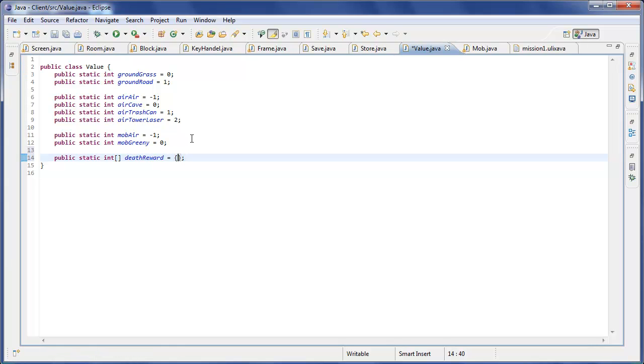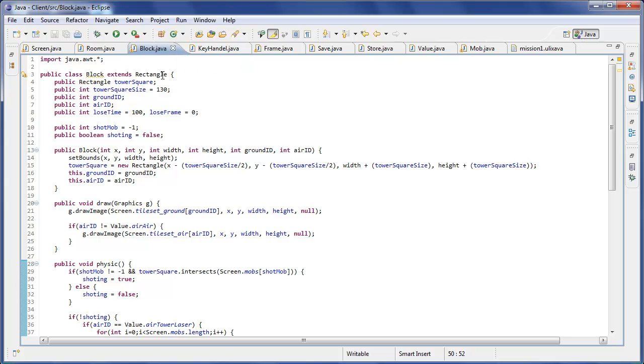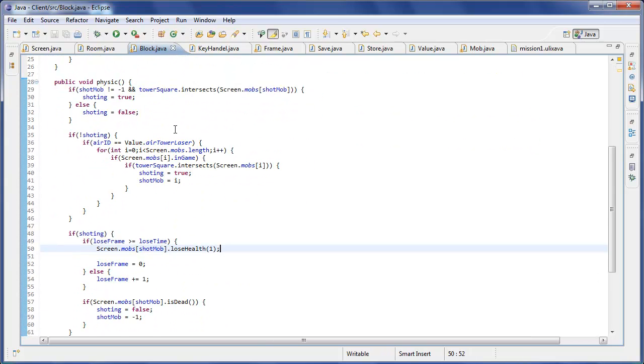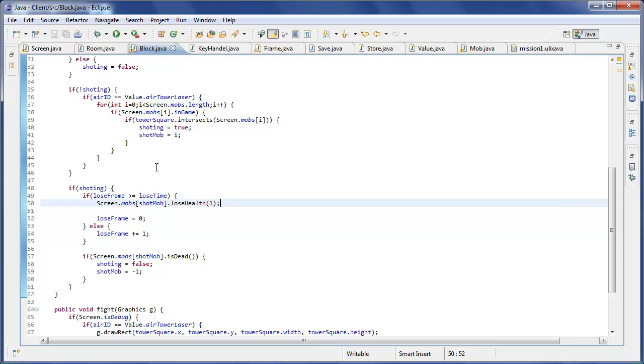Equals. So for the mob greenie, which is 0, it's going to be the 0th position. And from one of those, we're going to get 5 in money, I think. I think that's quite a good start of what you get in money. So what we actually want to do, now when we get 5, we will of course need to add it. So when we're checking for if the mob is dead,